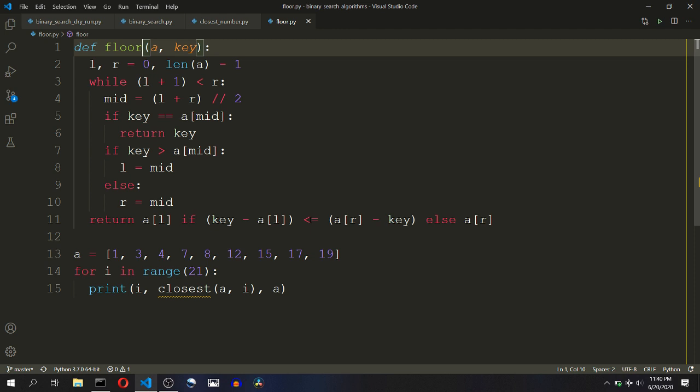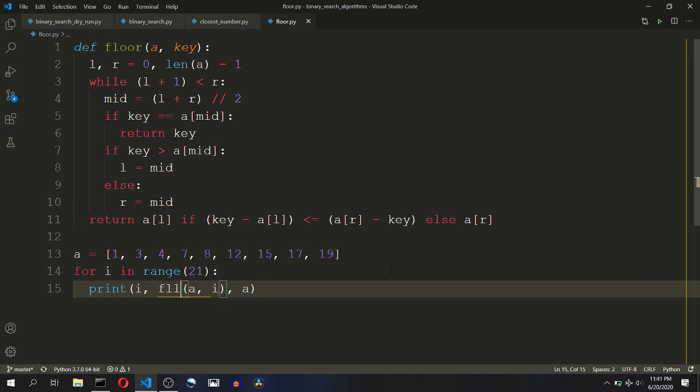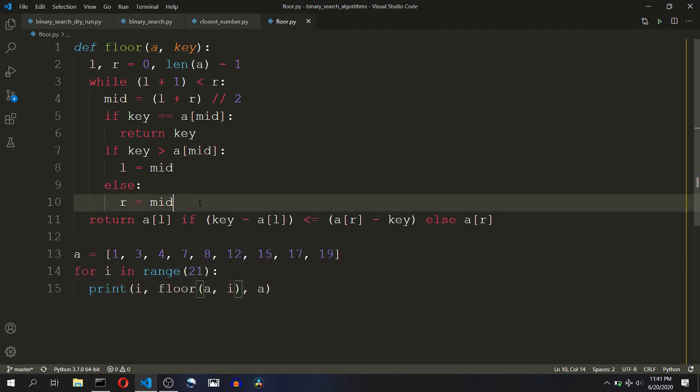The only change inside this loop that we need to make is the right bound. If we are eliminating the right bound, the middle element cannot be the floor element as the key is lesser than the middle element. So we will change this to r equal to mid minus 1.